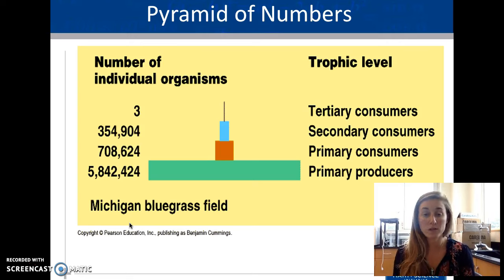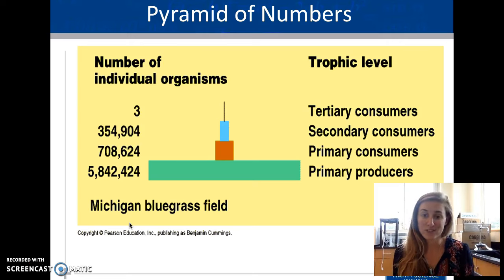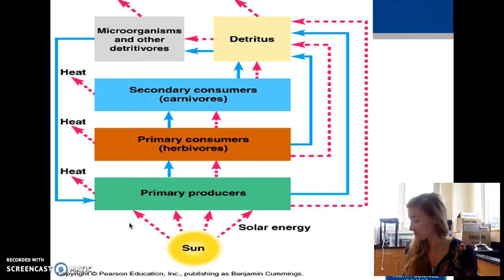The problem we stumble across is when we see overpopulation: too many organisms for the amount of energy that's necessary. We, as humans, are far too large of a species because we require a ton of energy, and what we're consuming doesn't provide us with that. Instead of us being the smallest number, if we're going to be tertiary consumers, there should only be some of us so that we're not feeding on an excess of everything else.